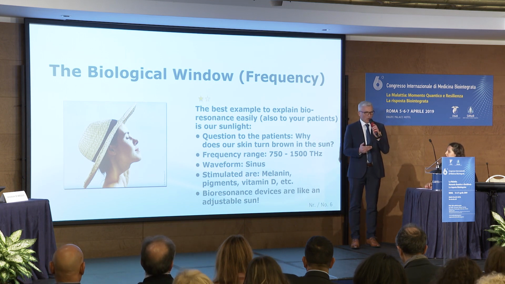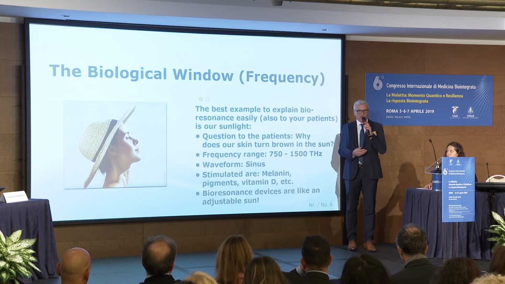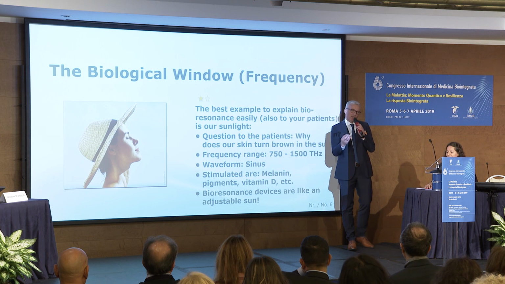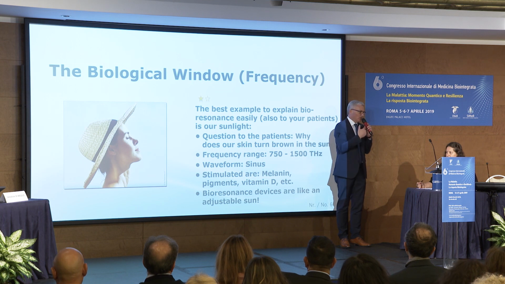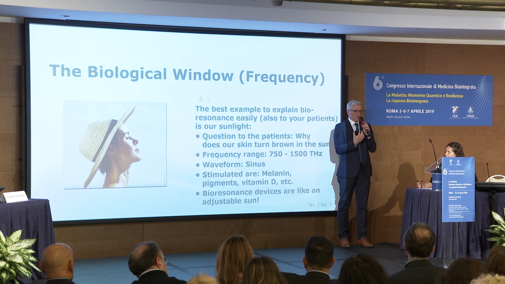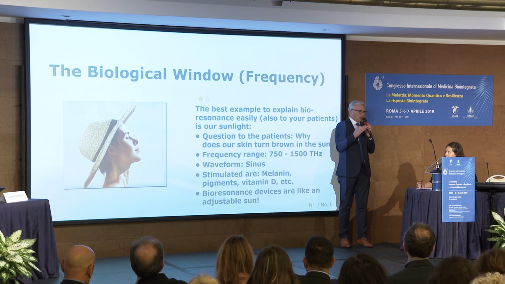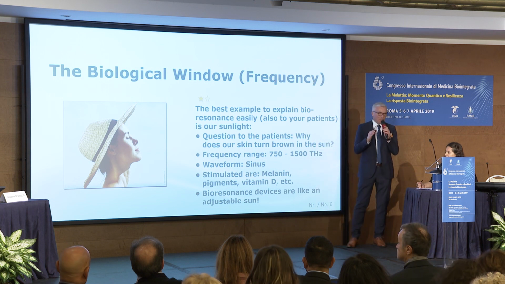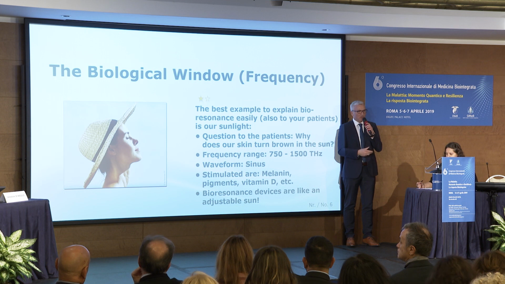And so we can call the bioresonance therapy a kind of adjustable sun, because you use different kinds of frequencies. All our organism consists of frequencies, and different topics, all the different organs, all the muscles, all the physiology, everything is a frequency, an oscillation. And so we use an adjustable sun to harmonize, to treat these waves, these frequencies in the organism.